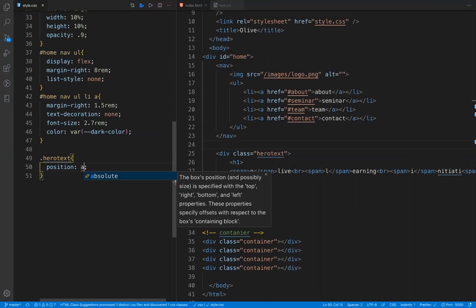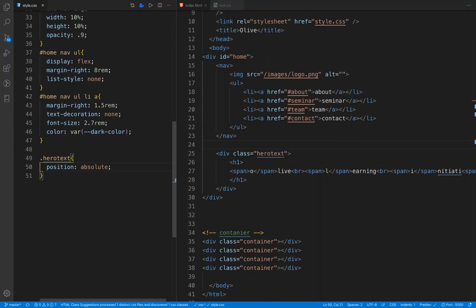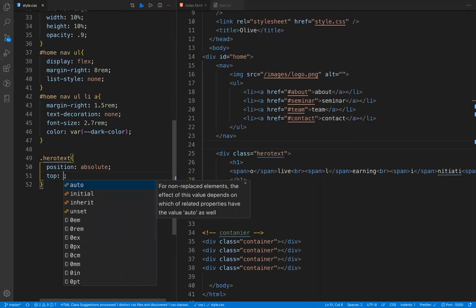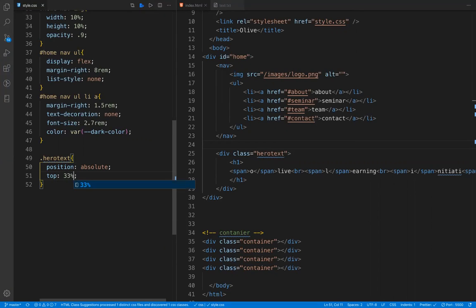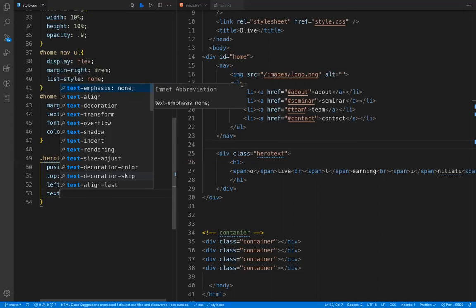So for the position, I use absolute. Absolutely absolute. So for the top, I need it to be 33%, and for the left, I used 18%. Okay, so it's top and left. And text transform,